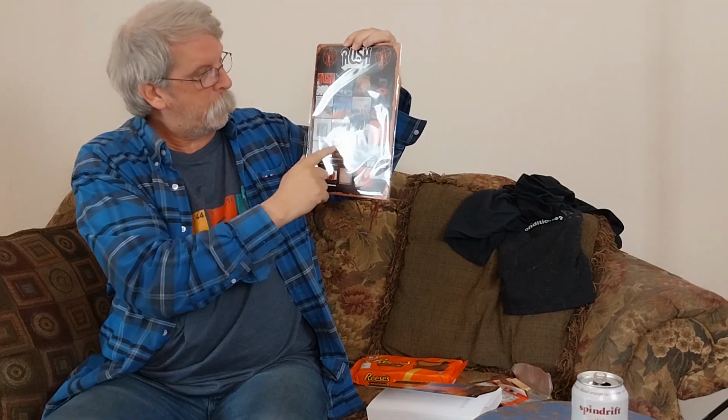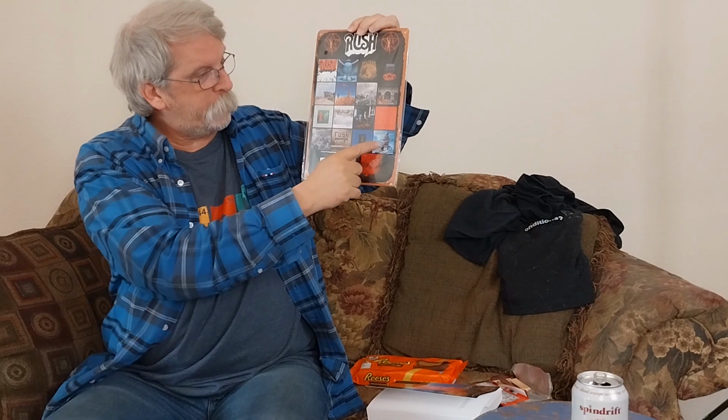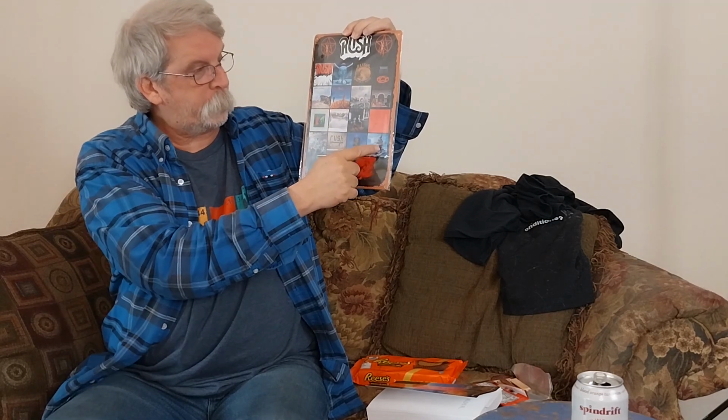And I noticed that when I looked at this tin that my wife got me, it's remarkable that all these albums here are before his family died. And then these last three albums are all that they did after his wife died. It was several years between these two albums because when they finished